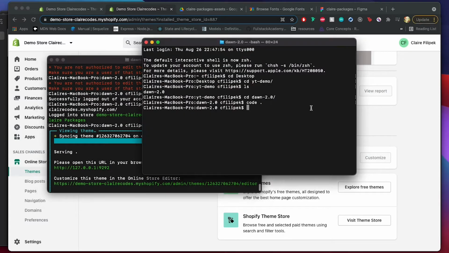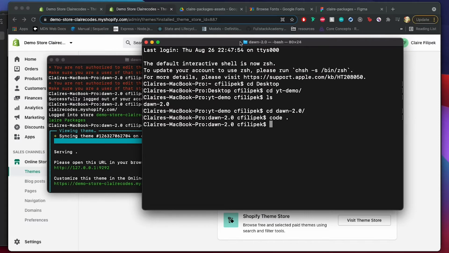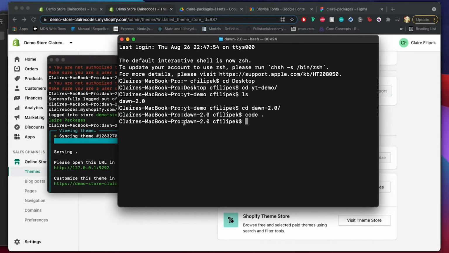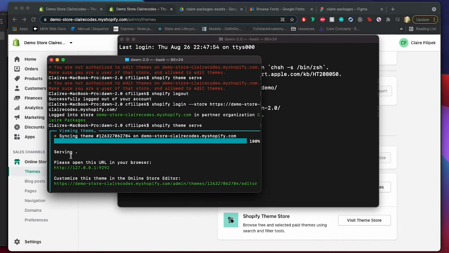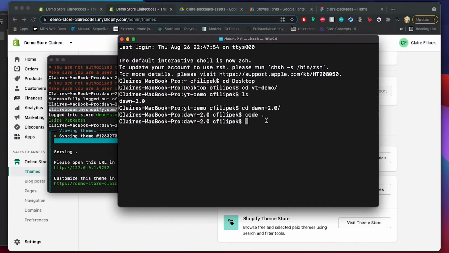So you have to be in the, let me zoom in for you guys. You have to be in the repository. So right now we are cd'd into the current directory, which is Dawn 2.0. So make sure you're there. Then you're going to do shopify login --store. I'm just going to paste this in here. If you can't remember this, remember,